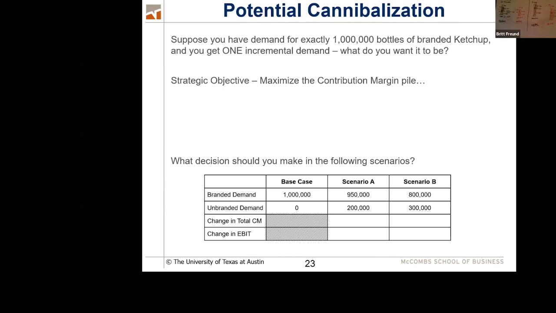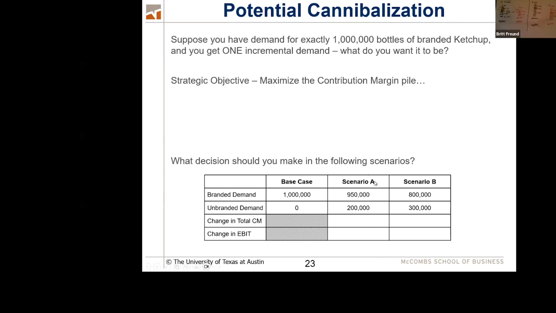And she was worried, you know, she knew about cannibalization. She knew that there was the problem that if HEB carried not only Hunt's, but also Hill Country Fare, and it was a cheaper price, people who would have bought Hunt's might buy the HEB brand and they'll lose some sales. So she was worried about this, right? Because she paid attention in class. So she hired two market research firms, market research firm A and market research firm B, and asked them, what do you think will happen to our sales if HEB starts offering Hill Country Fare in addition to the branded products?